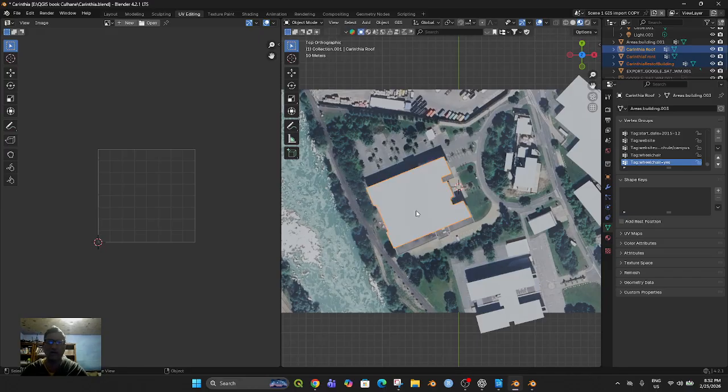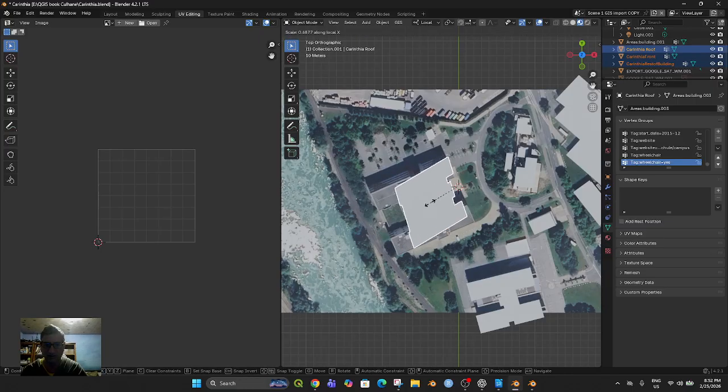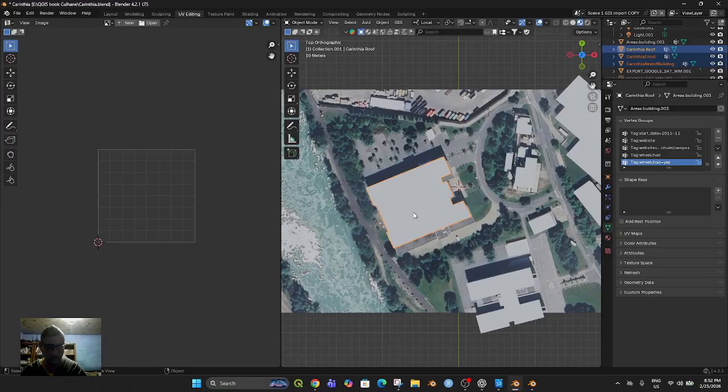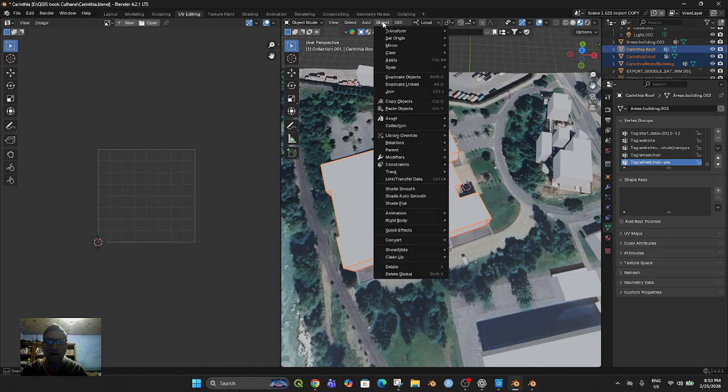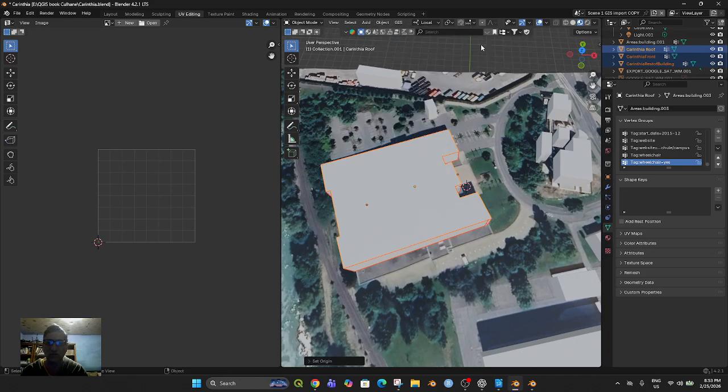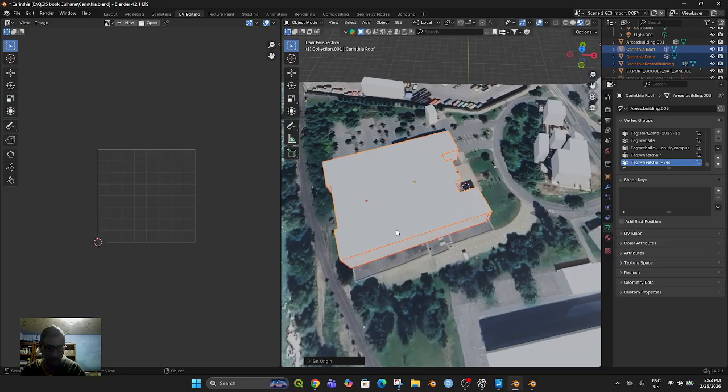it's scaling weird, and what I want to do is scale it not in global, but in local. When I scale in local, what that means is that I have its own, when I say scale in X, I can scale this way. When I say scale in Y, the center isn't in the right position either. So how about if we take the object and set the origin to the geometry, and then if we scale it in